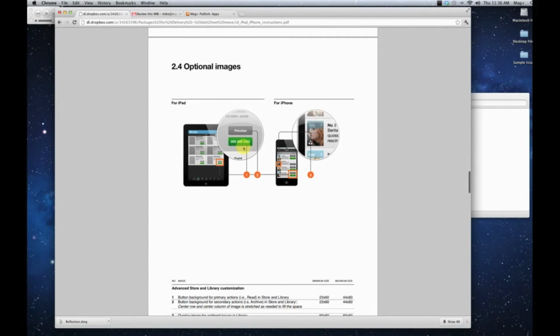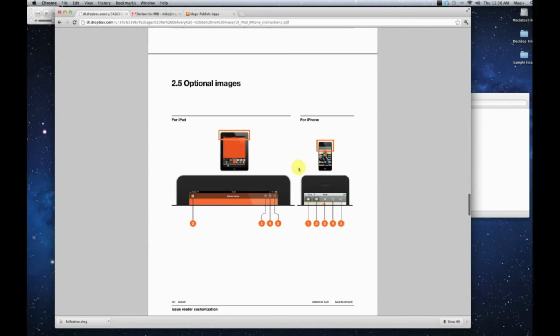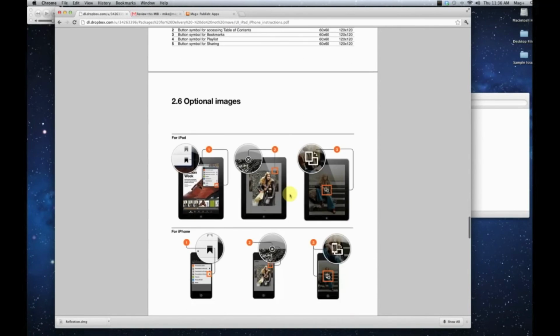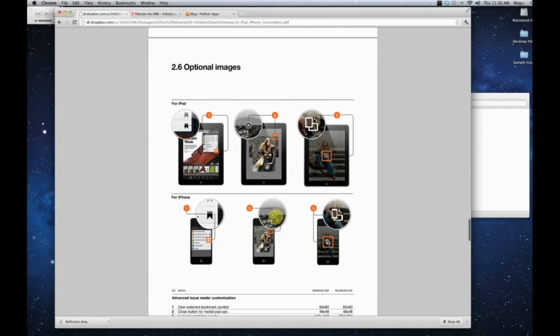Backgrounds for the buttons. So you know our price buttons are green by default. Maybe you think red will draw people's attention to the price more, or a nice soothing blue. Up to you. Archive icons. All the top icons we were talking about, sharing, playlist, bookmarks, TOC, go ahead and change those. The bookmark icon, the close button for modal pop-ups, the rotate device image if you lock device orientation and you